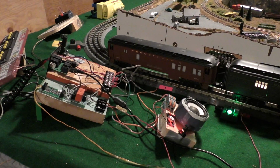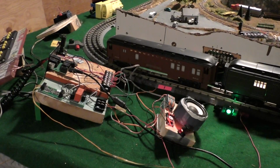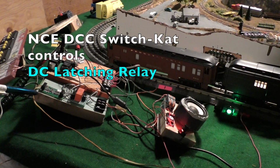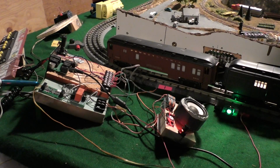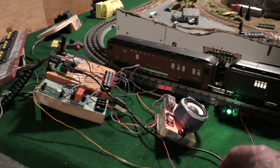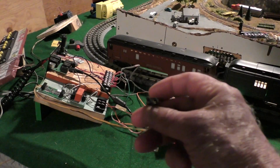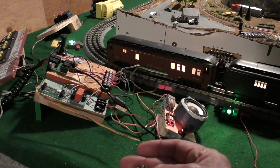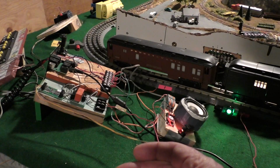Now, that relay is being powered by an NCE Switch-Kat. The Kat, K-A-T, being, I believe, for Kato turnouts, because that's probably what it's most commonly used for, is controlling a Kato turnout or an LGB turnout, anything that has 2 wires to it that requires a DC pulse. But it'll also control this relay. And the late Fred Cupp, who hooked some of this stuff up for me, put push buttons on that, so I've got a pair of push buttons in my hand,